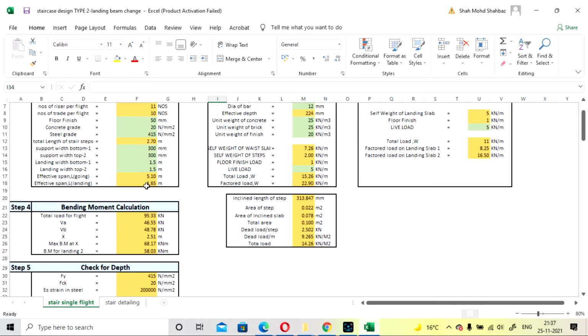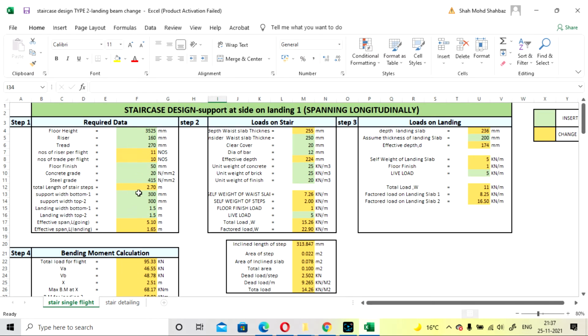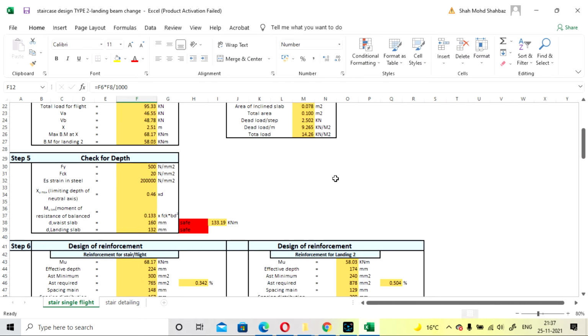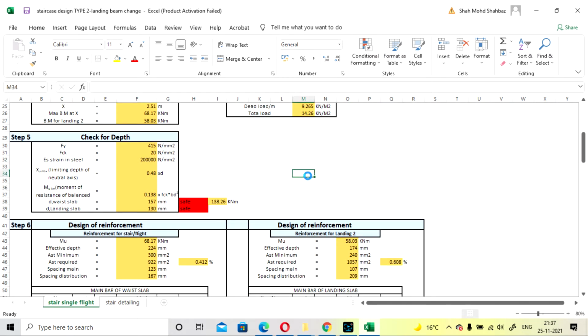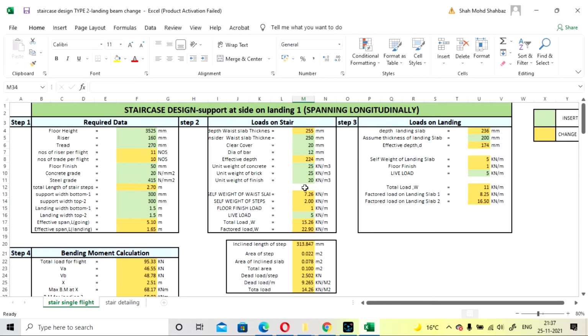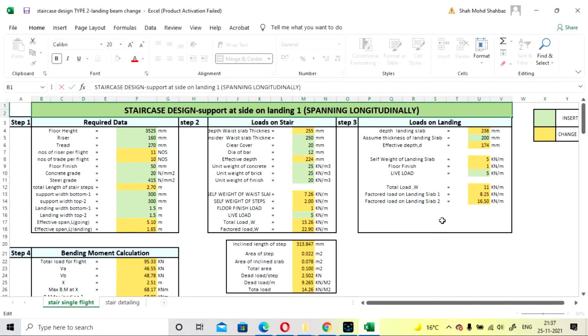So if we change here from Fe415 to 500, see here it automatically changes to 0.133, so you don't have to check the IS code. With this Excel sheet you can easily design the slab.